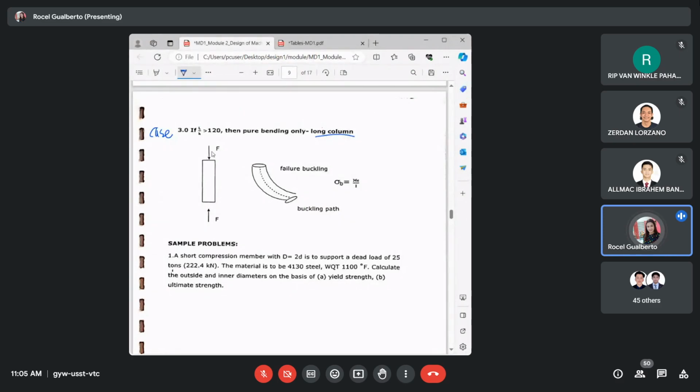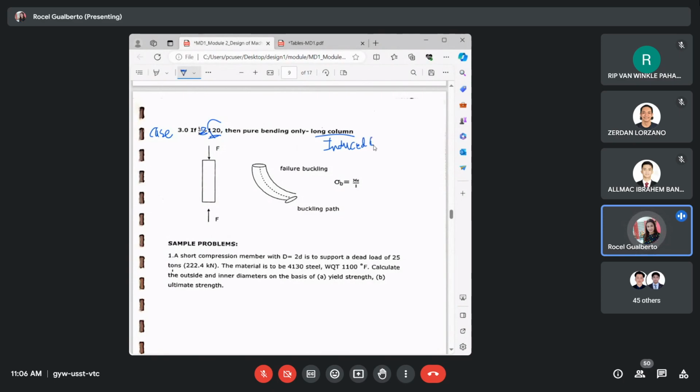Okay? So, this time po, yung value po ng slenderness natin, L over K, is greater than or equal to 120. So, ito naman po yung pinaghatian ng case 2 with case 3, yung value na 120. So, yun po yung gitna ng dalawa. Okay? So, when the slenderness is greater than or equal to 120, you call it a long column. Okay? Kapag po long column yan, okay, the induced stress,